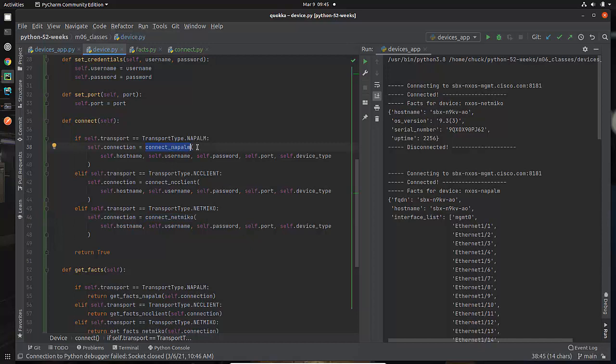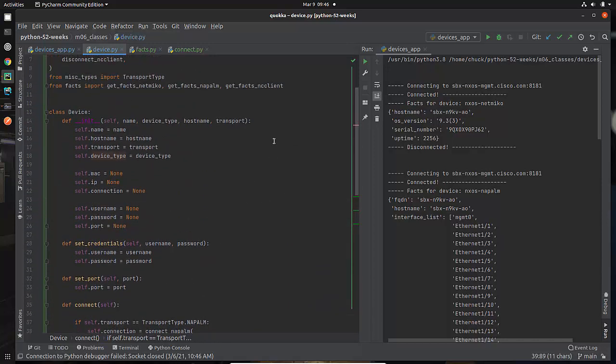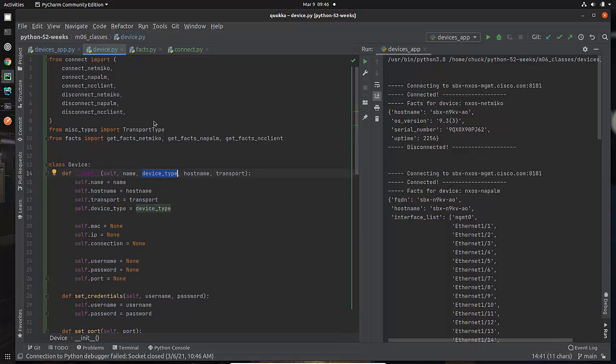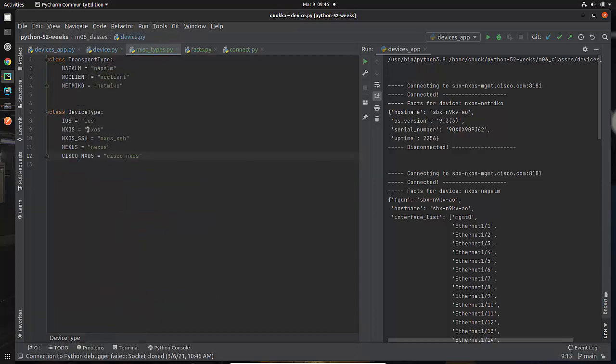What does connect Napalm pass? Well, here's what it passes. Remember, you need to specify self if you're referring to your object data. I'm passing in the host name, the username, the password, the port, and the device type. Device type was something that got sent in when we created this, and the device type actually is defined in one of my MISC types. If I were to go to this and look down at it, I have device types,